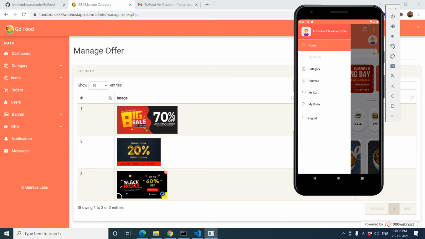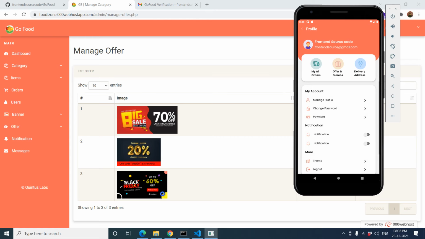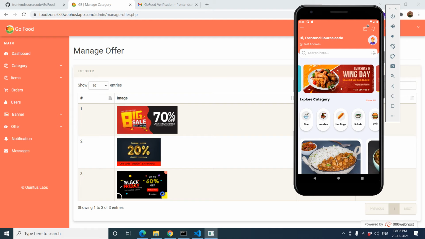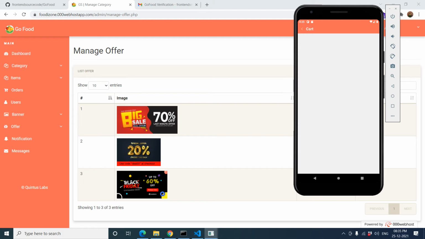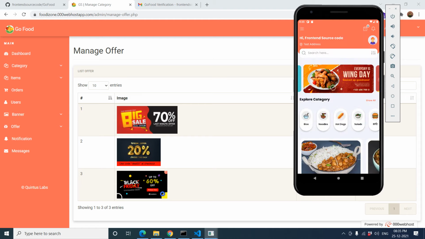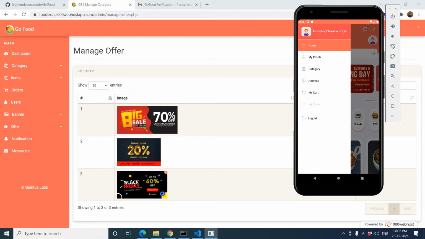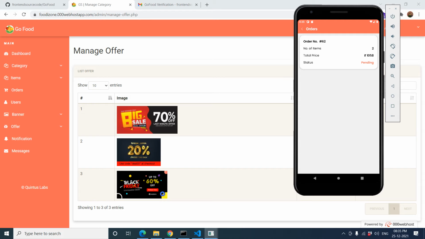You can see here your profile option. Okay, here my cart, there is nothing in your cart. Then go to my orders. You can see one order here.